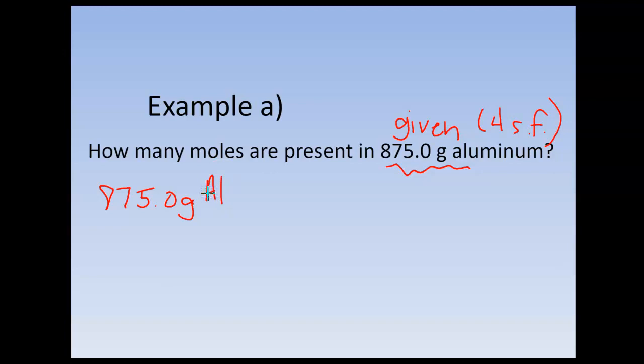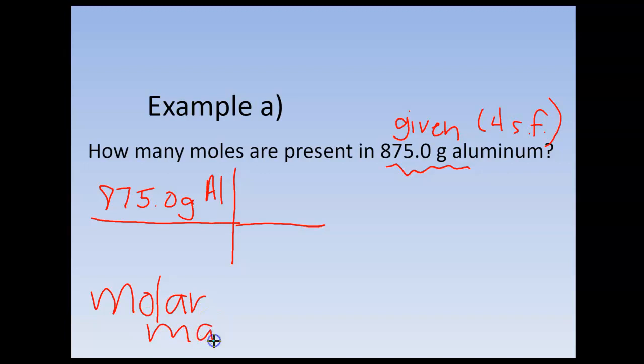Now, to go by the rules of setting up dimensional analysis, I am going to set myself up a grid much like this, and I am going to divide by the average atomic mass, also known as the molar mass of aluminum. So that means I'm going to have to go look up the molar mass of aluminum from the periodic table. Okay, so I have looked that up and it comes out to